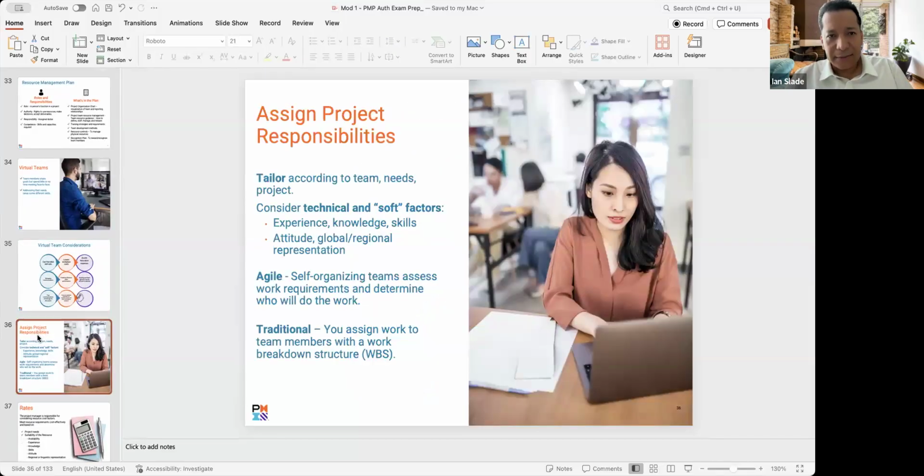All right. Assign project responsibilities. In the earlier versions of the PMBOK, the focus has been more on the technical side and more on the hard skills, as they put it. But now in version 7, there is a huge emphasis on the soft skills,